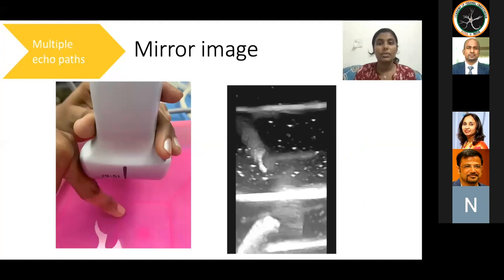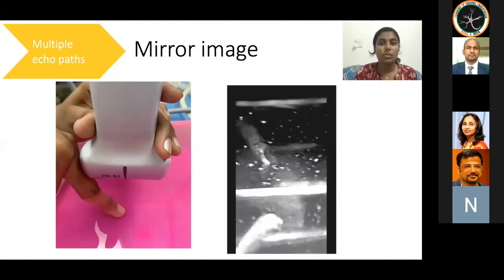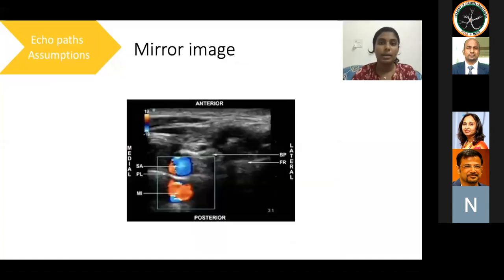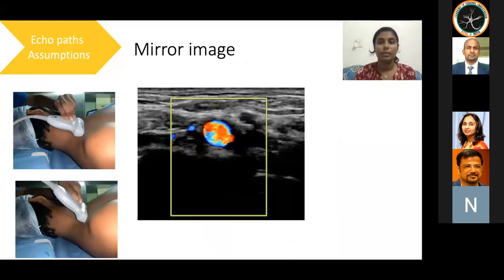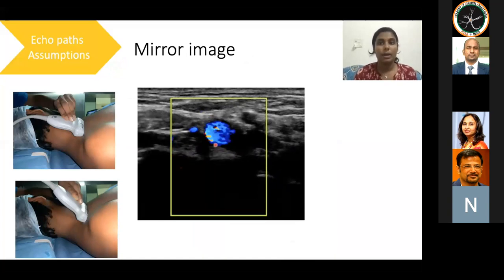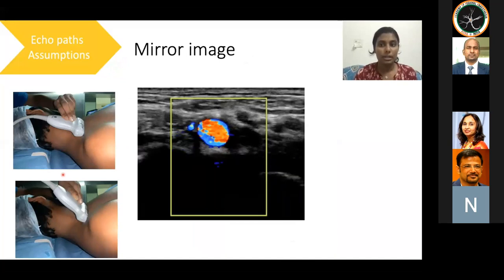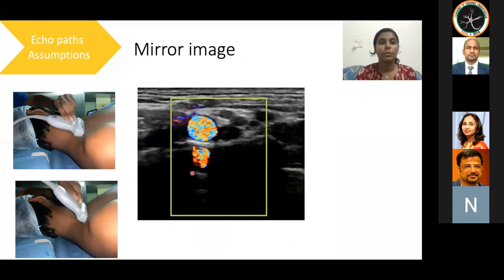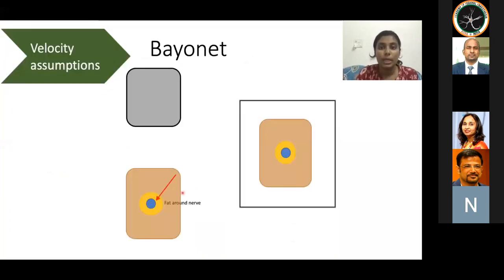This video shows the mirror artifact recreated in a water bath. The base of the water bath acts as a strong reflector, causing the finger to mirror under the base. In this example, a mirror image of the subclavian artery appears under the pleura, and the one over the pleura is the real subclavian artery. If the angle of insonation is perpendicular to the pleura, only one subclavian artery appears and there is no mirror artifact. But if the angle of insonation is not perpendicular, then a second subclavian artery, which is a mirror image, is formed under the pleura.